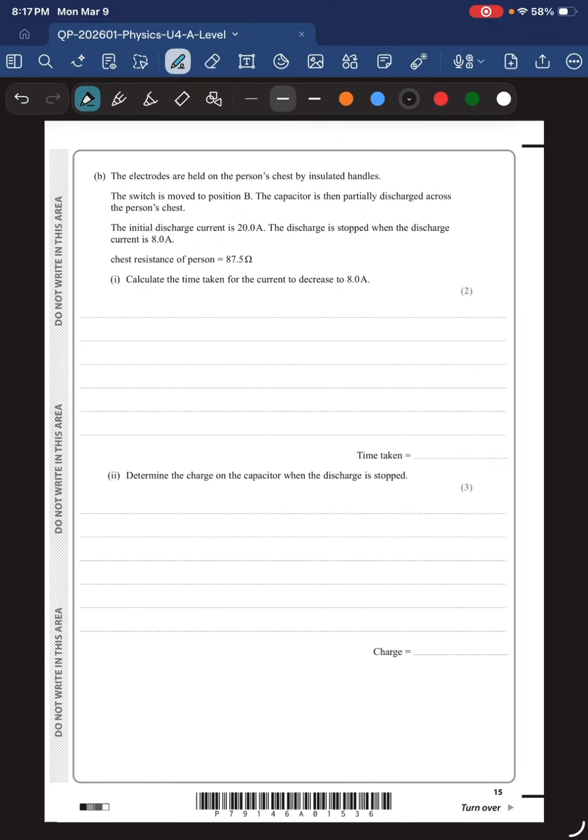Chest resistance of person is 87.5 ohms. Calculate the time taken for the current to decrease to 8 amps. Okay, first of all, let's find the time constant, which is equal to RC for this circuit. And the circuit includes the person. It's kind of scary. So the time constant is 87.5 times the capacitance, which is 120 times 10 to the negative 6, yields